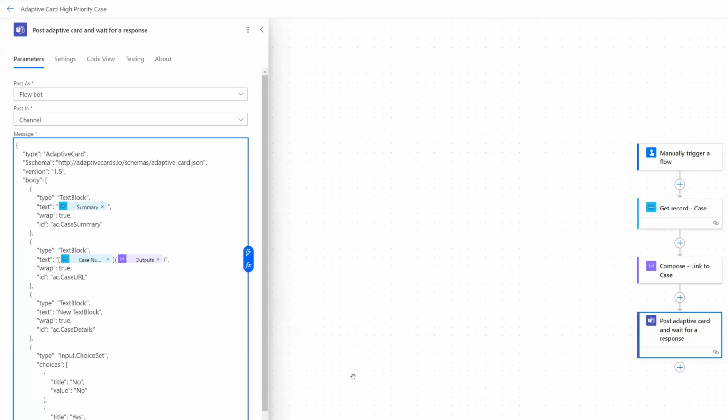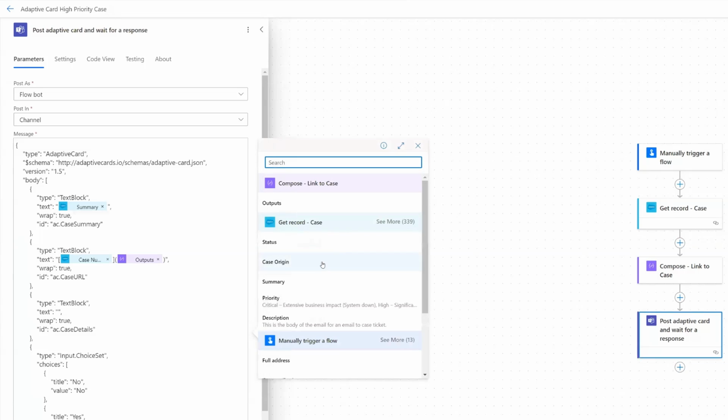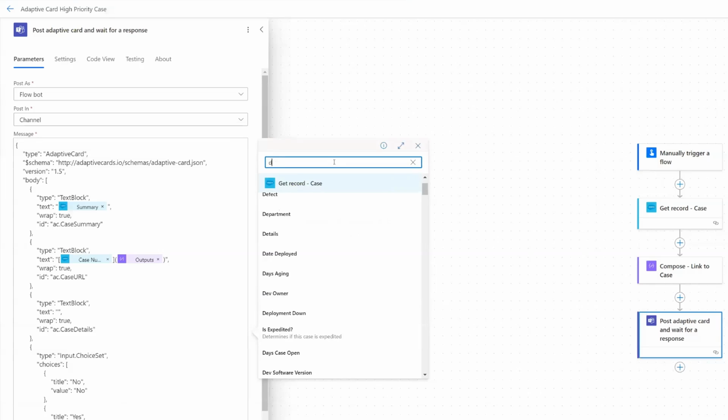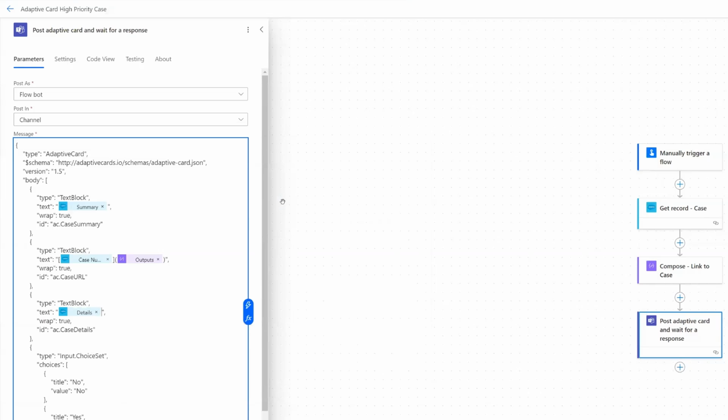Now, the last thing that we need is the case details. Now, one thing that you want to note for this is that if I simply put in here the dynamic content for case details, I'm going to search for it here. It's not really going to work. In fact, it will throw an error. If you try to run this with the details just like it is there with the dynamic content, it's going to throw an error. So what you need to do to work around that is a simple action up above,